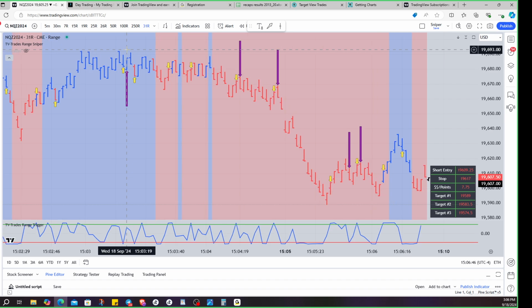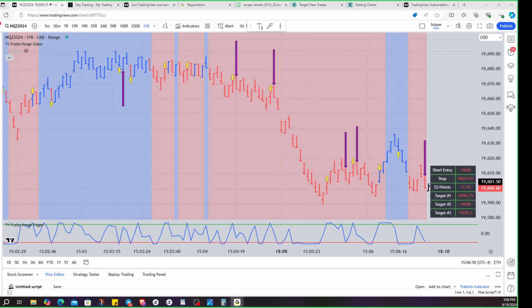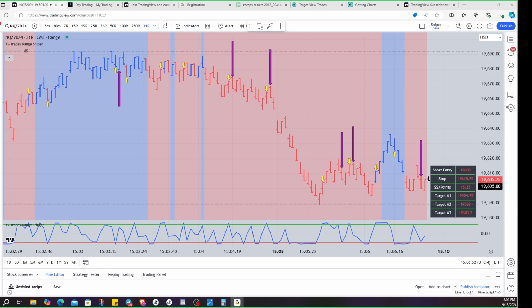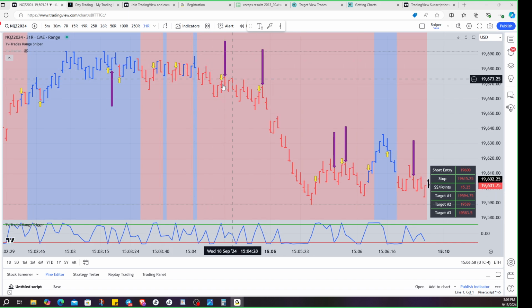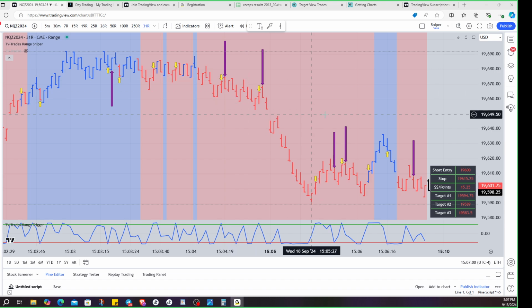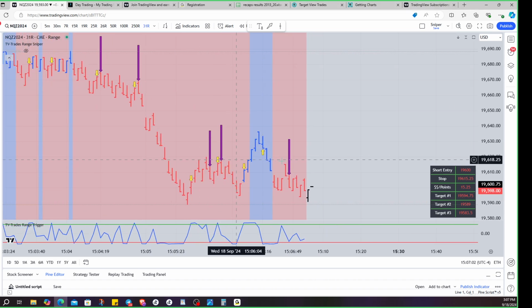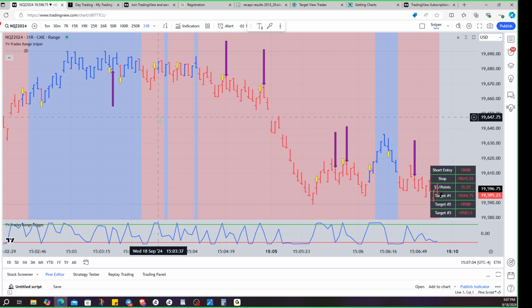John G, I don't know if you're in here right now, but I'm guessing that you are, and you would ask me this question earlier in an email. Do you have something you can put on charts to help filter out the trades when the 31 range NQ stops out? Now, first of all,